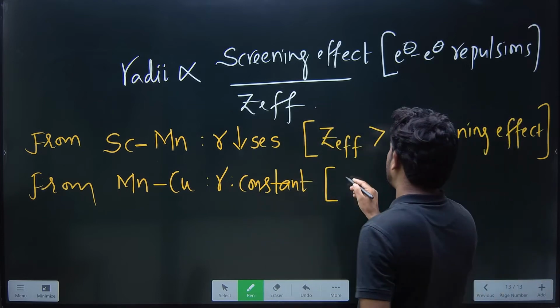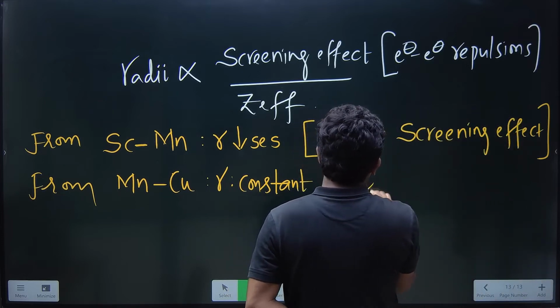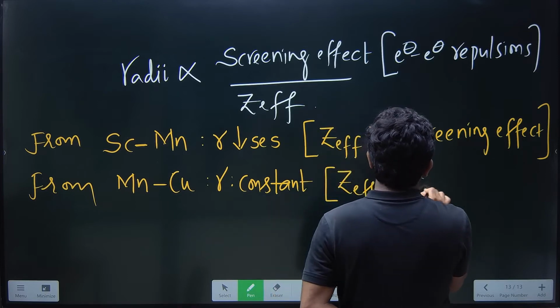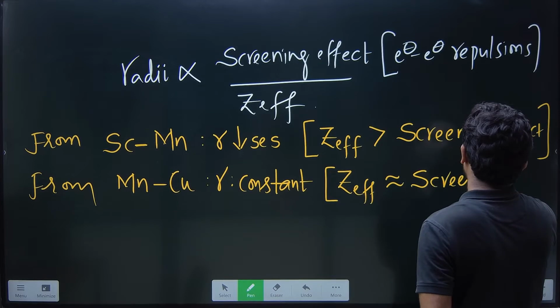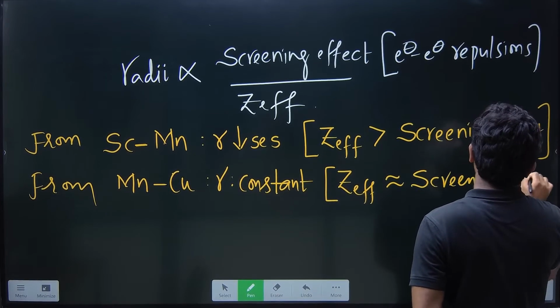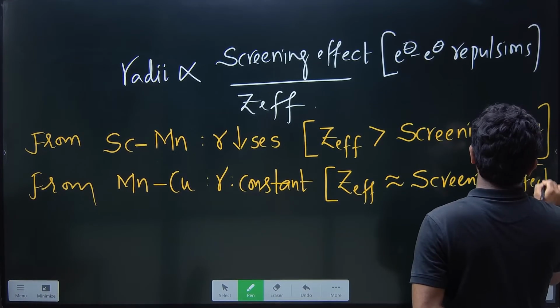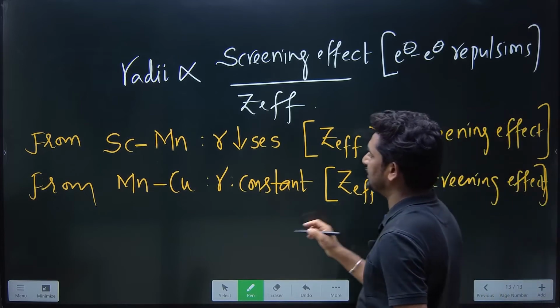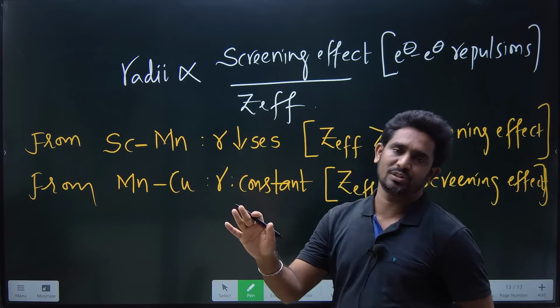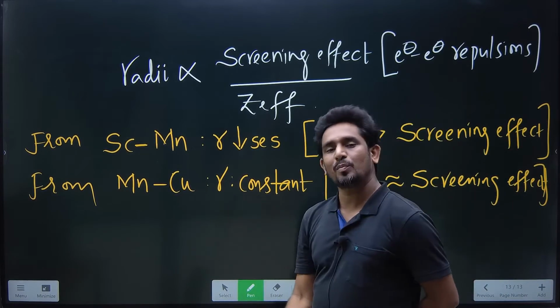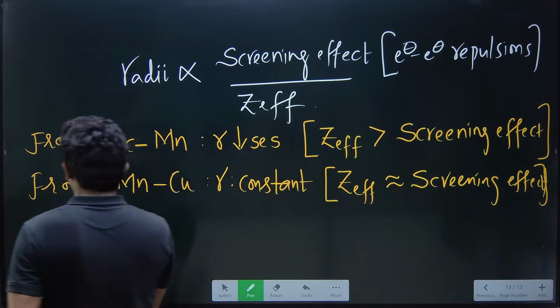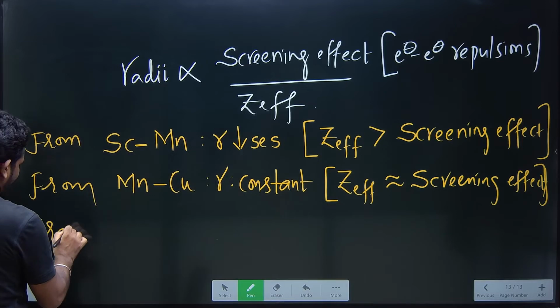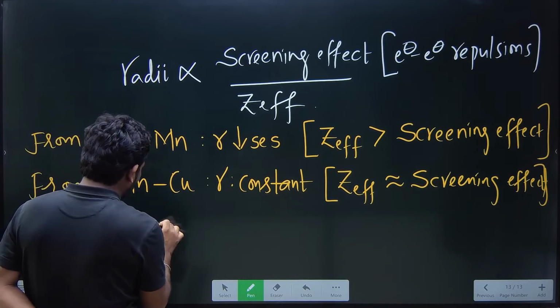That means effective nuclear charge and screening effect दोनों भी सेम रहते, इसलिए there is no much change in the radii, almost constant. And from, but look at here, from copper to zinc,